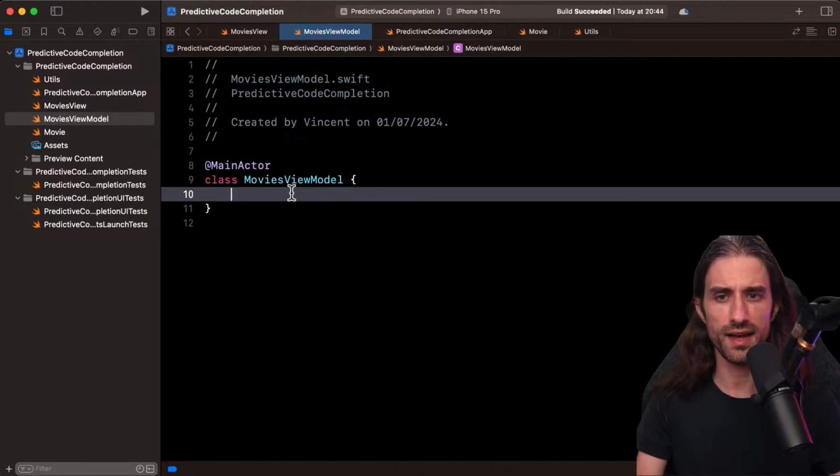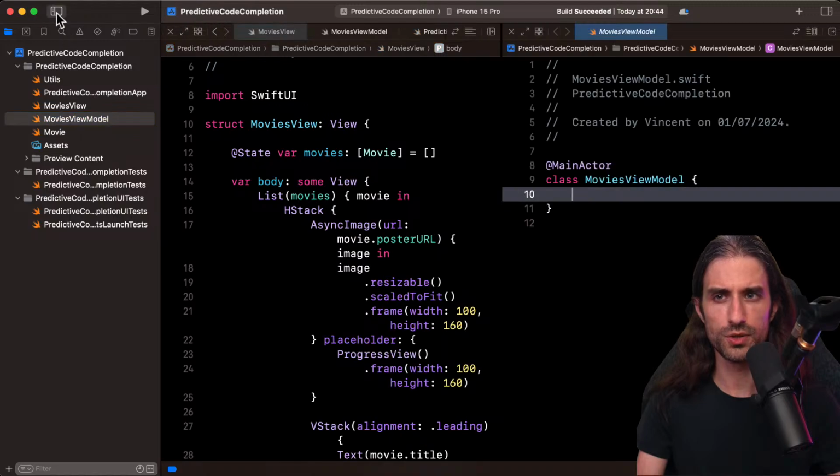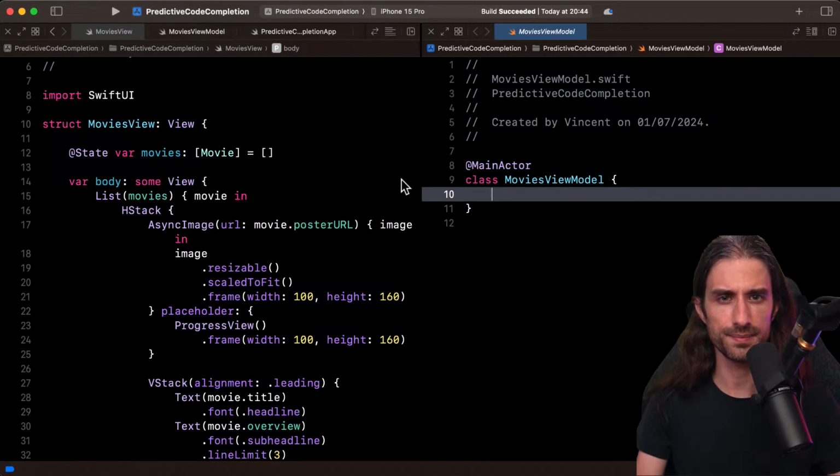I'm going to mark it at main actor. And what I'll do is have the two displayed like that, side by side. So in the view model, can it suggest something to start with? Because I'm going to want to move, for instance, the array of movies from one into the other.